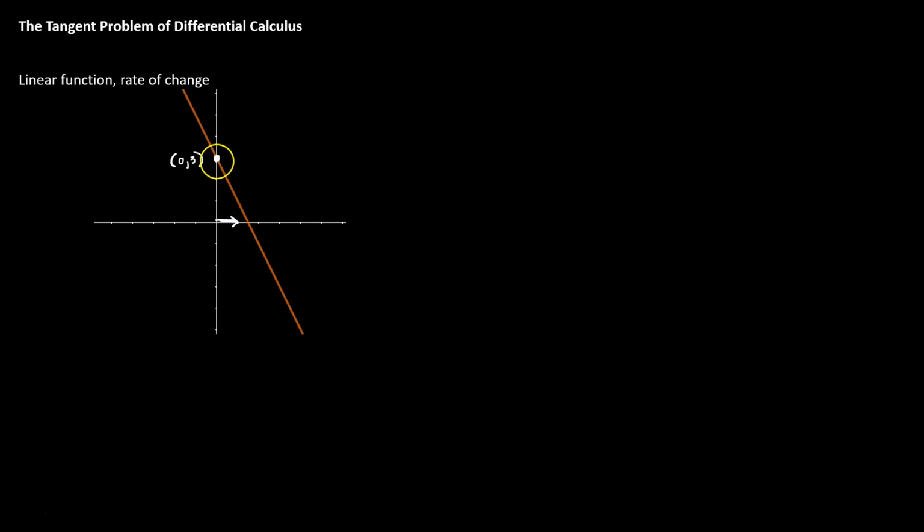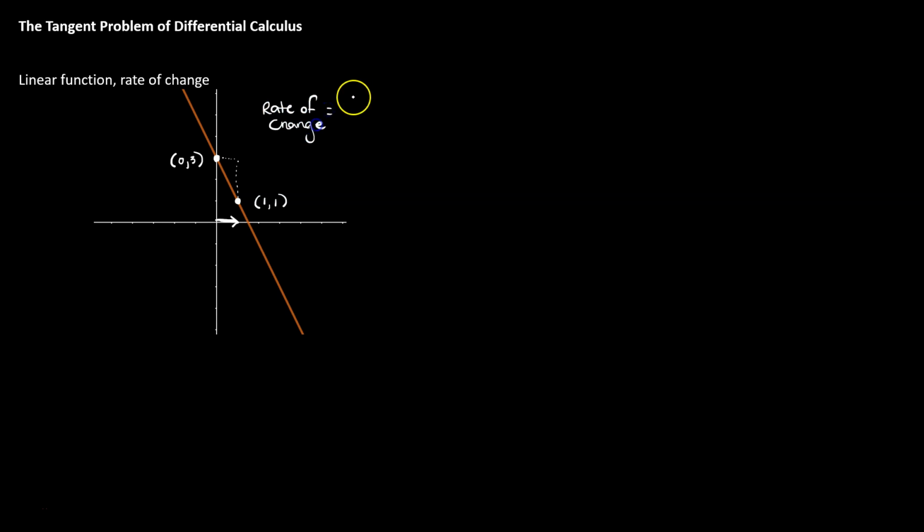My point would no longer be at 0, 3. It would have to move all the way down the line until it reached its new x value at x equals 1, and the corresponding y value would have to drop down to y equals 1. And so what happened was I allowed myself to move forward 1 unit in x, and that caused us to move down 2 units in y. So if we wanted to calculate our rate of change,